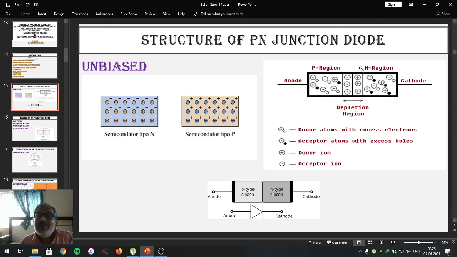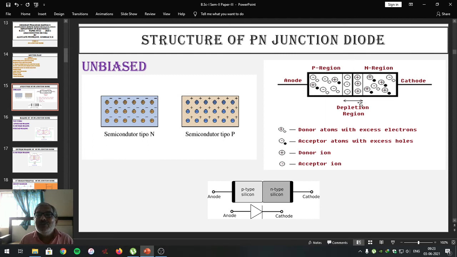If the diode is made up of silicon, this barrier potential is 0.6 to 0.7 volt. And if the same diode is made up of germanium, this barrier potential is about 0.2 to 0.3 volt. This 0.2 or 0.7 volt, in further discussion, is also called the knee voltage of the PN junction diode, or it is also called the breakdown voltage of the PN junction diode. That we are going to study in the further discussion.